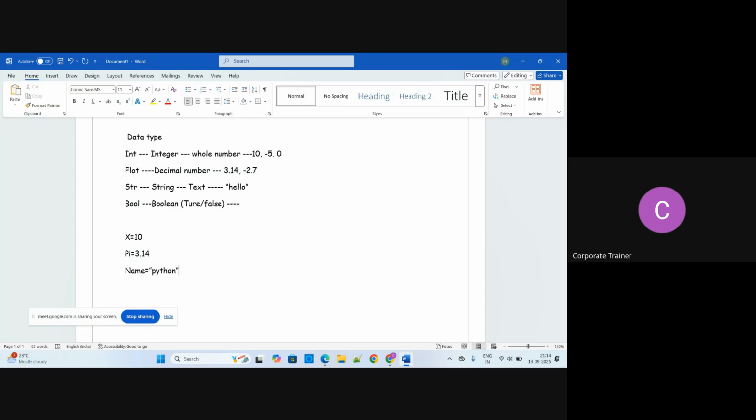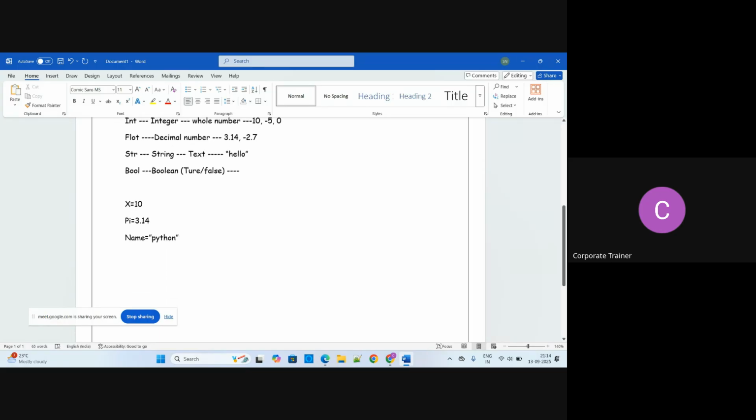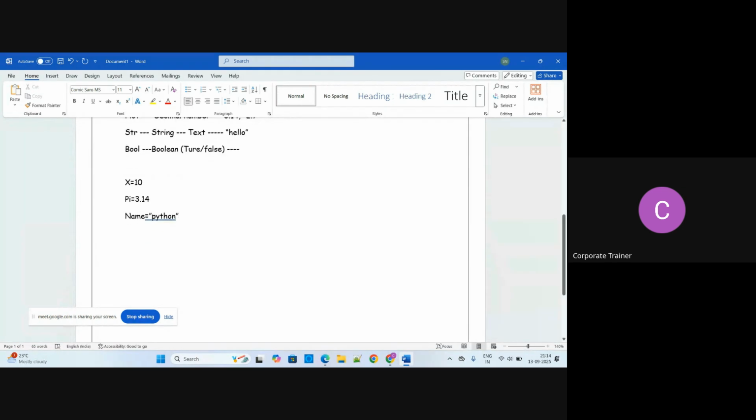Now I'll tell you a little bit about some built-in structures that we are using in Python, like list, tuple, dict, and set. All the things I'll tell you a little bit.